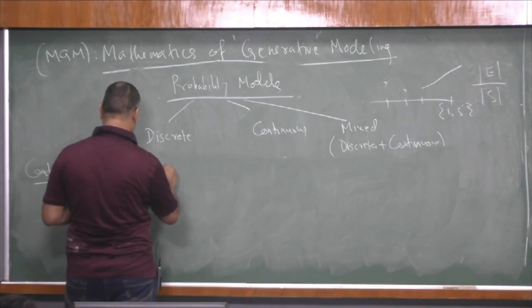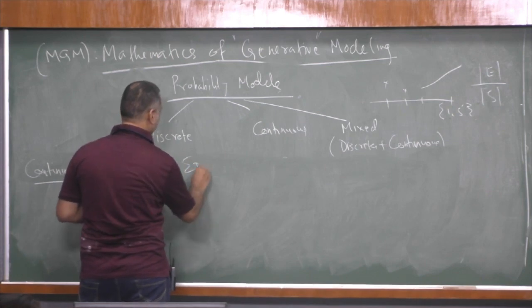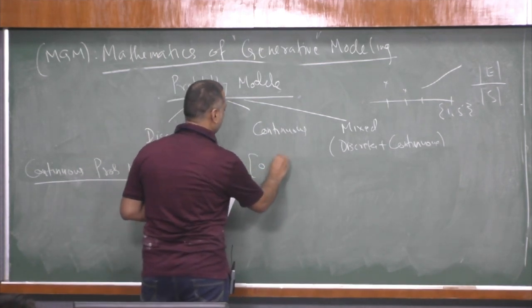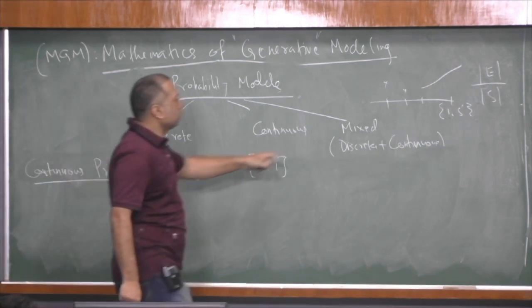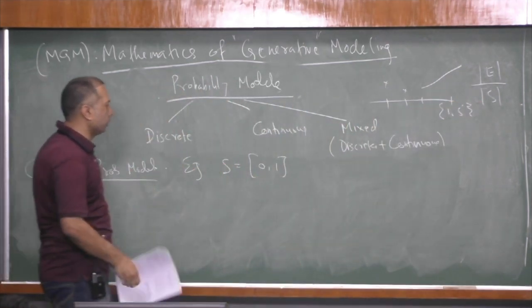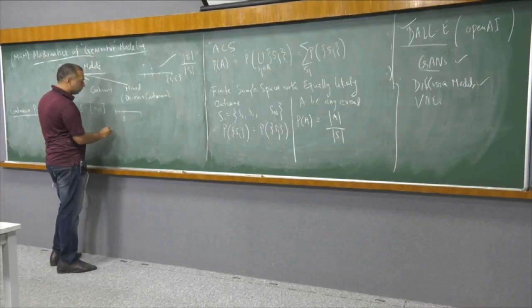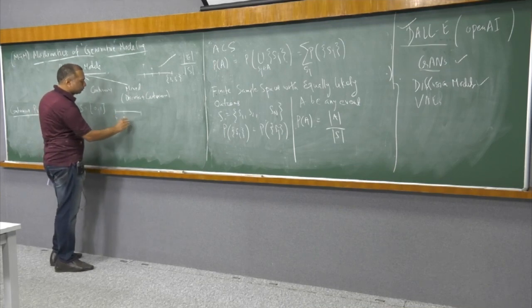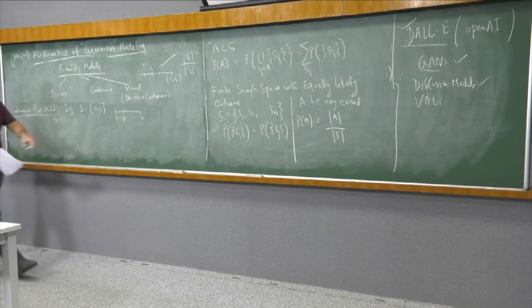Okay, so if the sample space is continuous, in the sense that it's some interval, for example, S is some interval [0, 1], then it's a continuous sample space. The ideas that you use for the discrete do not necessarily work here. I mean, it doesn't make sense. So what is the probability of picking a 5 in the interval 4 to 10? Probability is always 0 if I use this, right?